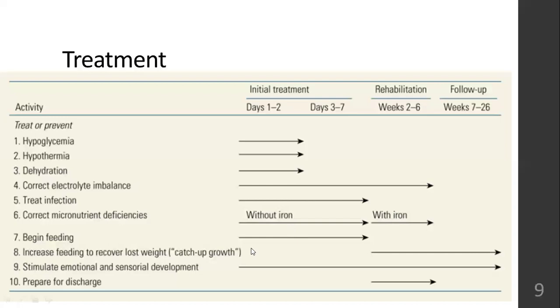In the ICU, you will not dump the child with high calorie food. Do not do that, because the child will be on IV fluids and is getting a lot of nutrients from the IV fluids. So do not dump the child with a lot of high calorie food when the child is in ICU, because the stomach has to recover from malnutrition. It takes time.